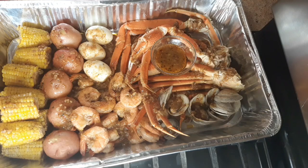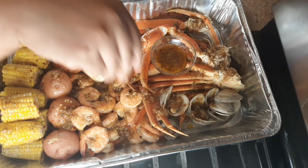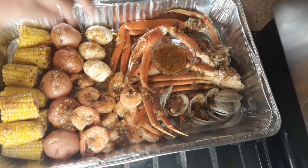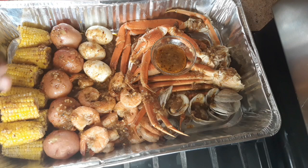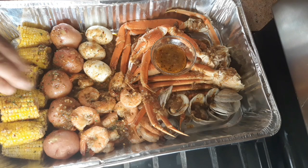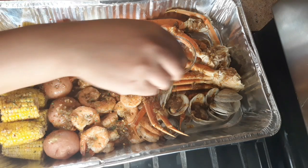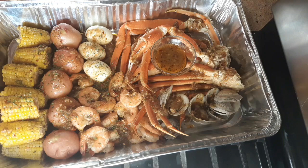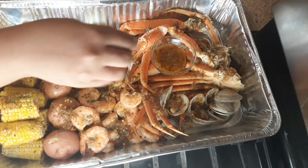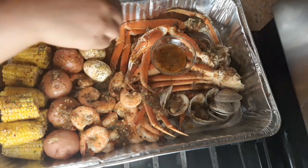You have it, guys, my seafood boil, and I'm just gonna go over it with some pepper flakes for presentation. I'm just doing this, and I'm going to add some parsley flakes on top. And see, guys, it was easy for you to make. You don't have to spend all your money on Red Lobster and Hook and Reel or whatever. So you can make your own seafood boil